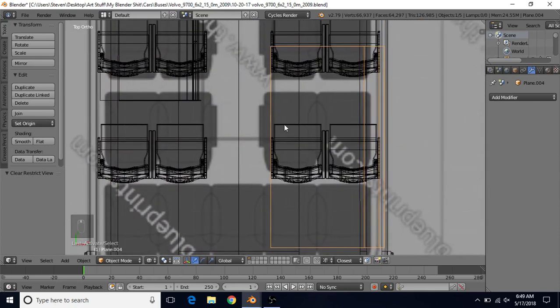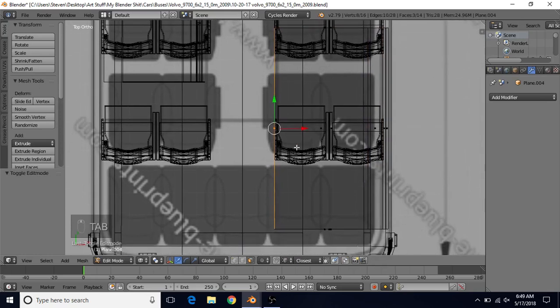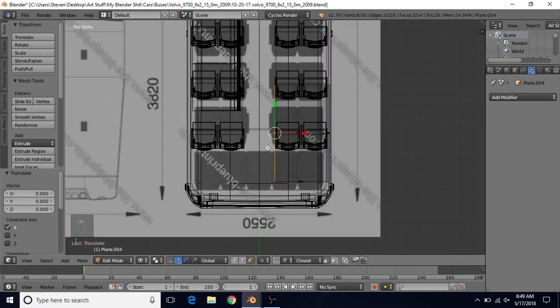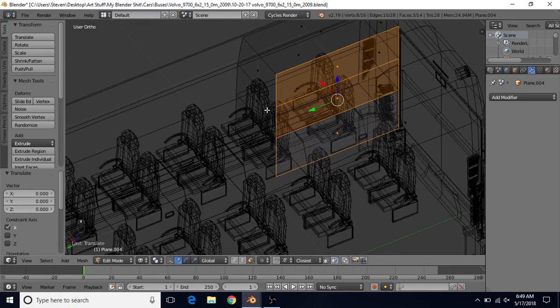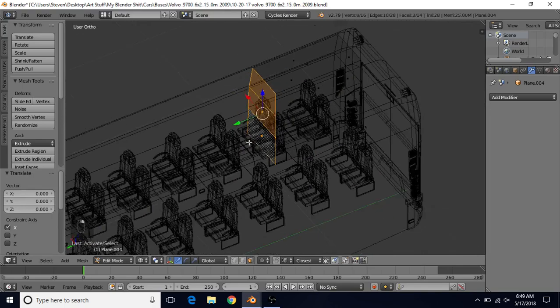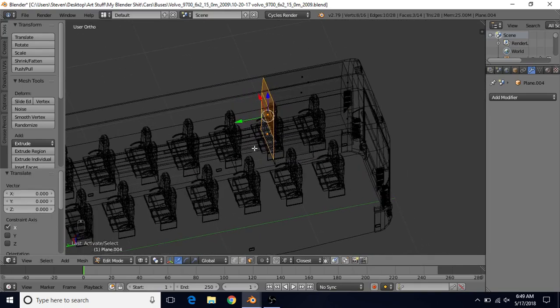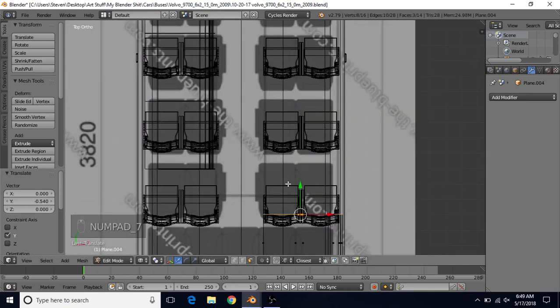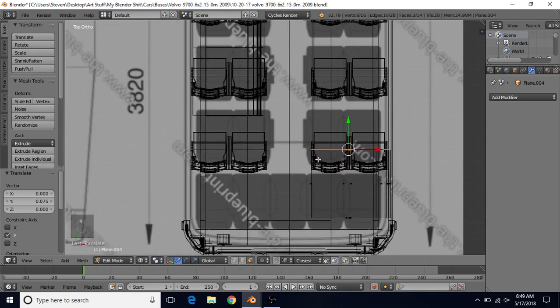So what I would like to do is make sure that it's about the same width as these seats, so that it's not sticking out too far. So you just want to tab into edit mode, and then you can adjust it here on the X-axis, but mine looks like it's pretty much right where it needs to be. And you can do the same with this. You can select these faces on this side, so the faces that are over here, and then just bring it back like that. And I'm actually going to have it sit probably about halfway between the seat, because I think